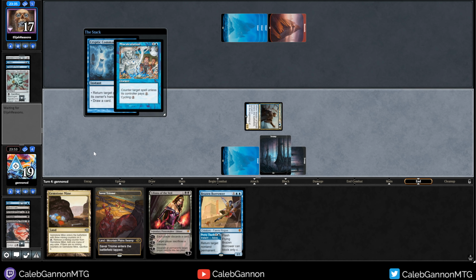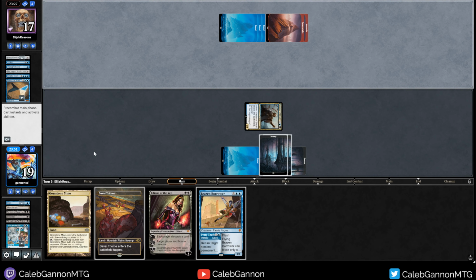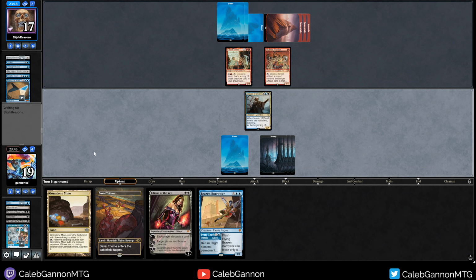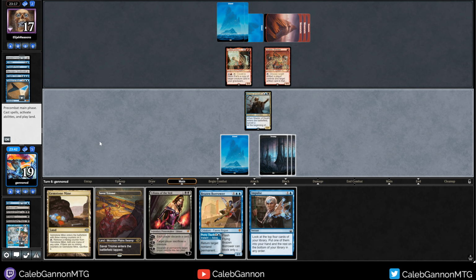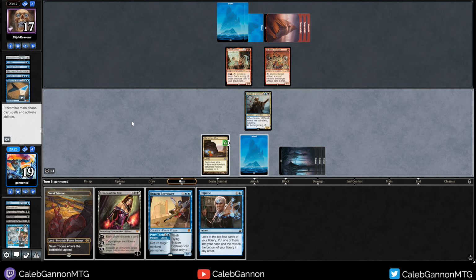There was some consideration there to playing Gemstone Mine. Okay, they're just taking an extra turn, that's fine. It would have been a pretty big tempo hit if they like... Okay, they have mana available. So I'm not scared of Goblin Welder. So if they have a way to get...